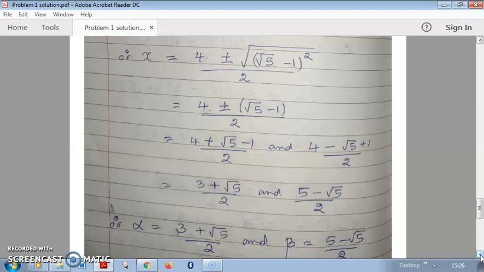And what are they? They are surds. So you know surds appear in pair, right? Therefore, alpha equal to 3 plus root 5 by 2, beta equal to 5 minus root 5 by 2. We got the value of alpha beta. Then gamma delta, how you can find? Surds appear in pair. That is 3 plus root 5, it will be 3 minus root 5 by 2, and another root will be, instead of 5 minus root 5 by 2, it will be 5 plus root 5 by 2, right? What is here? Beta is 5 minus root 5 by 2. The other root should be 5 plus root 5 by 2.